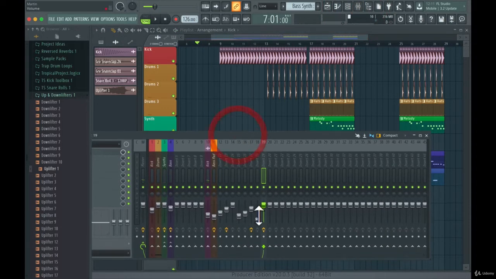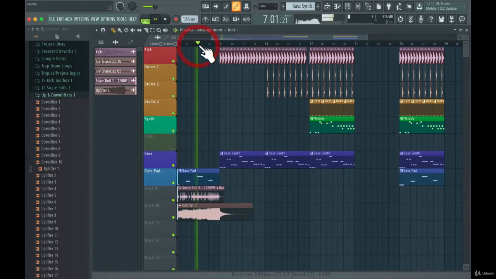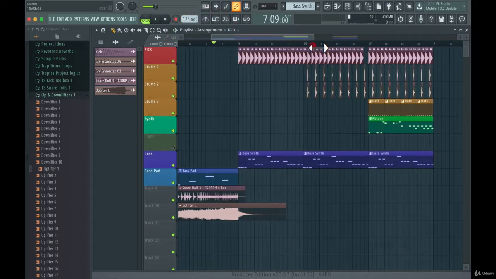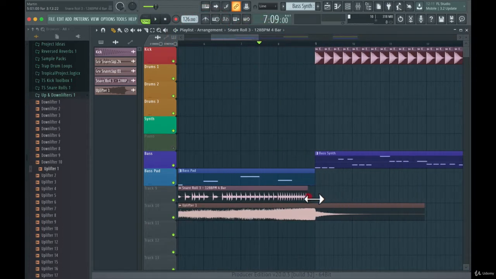Let's lower the volume on the snare roll. We also want to cut the snare roll a bit just before this section.